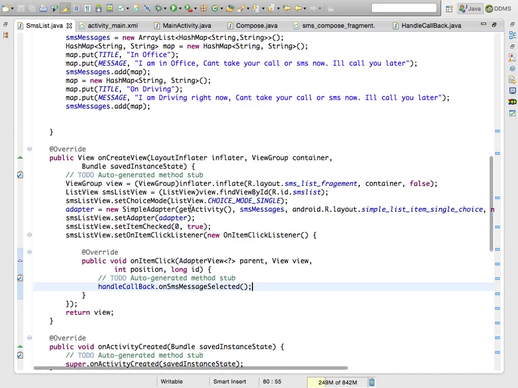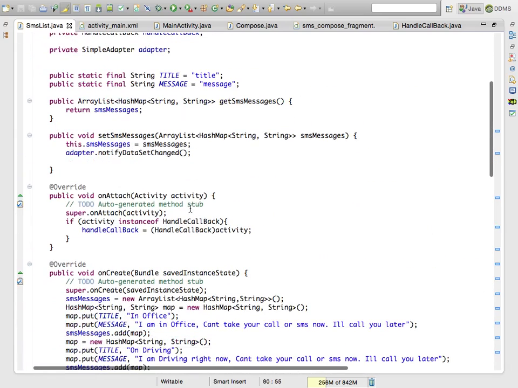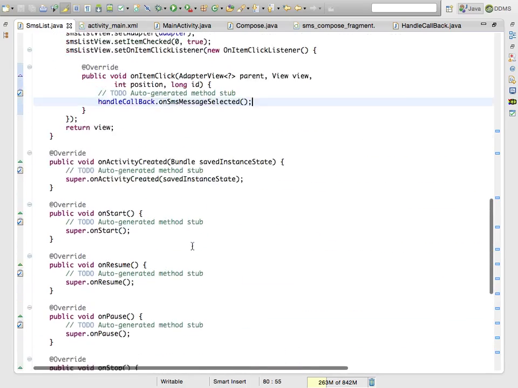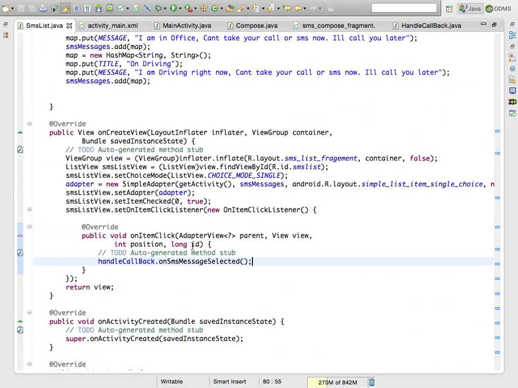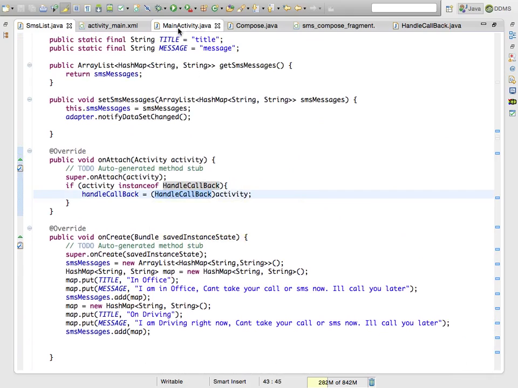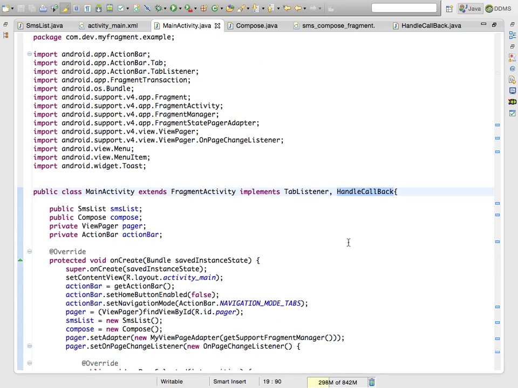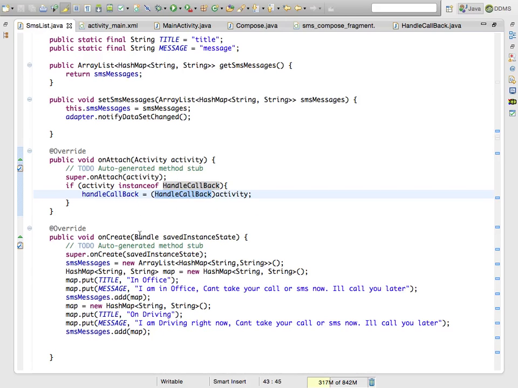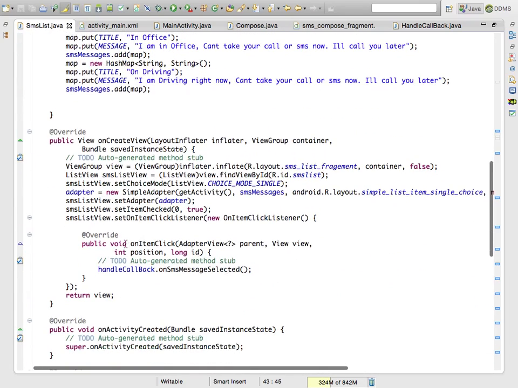And if you notice here, in this particular fragment, nowhere do we mention the name MainActivity. So this fragment can independently work with any activity where it gets attached. The only requirement is that the particular activity should have the HandleCallback class implemented. In this case, it has it implemented. So this SMSList reports any event listening to this particular view. In fact, I can even modify